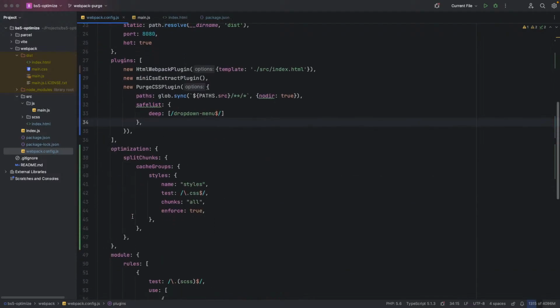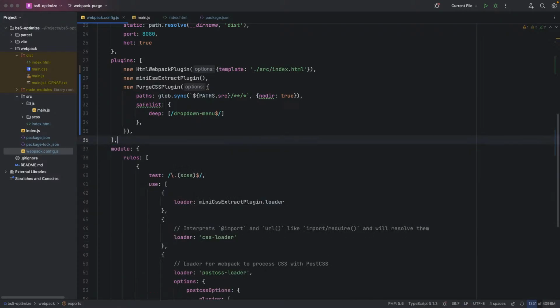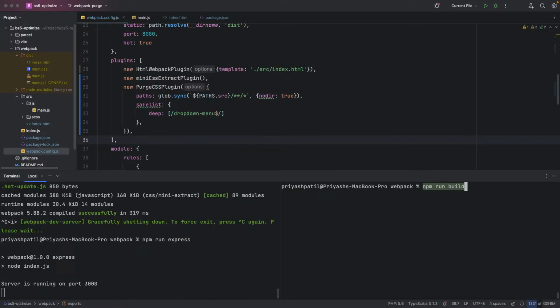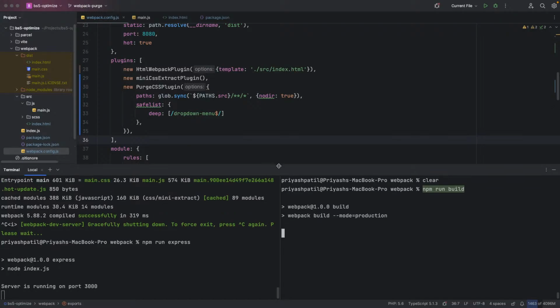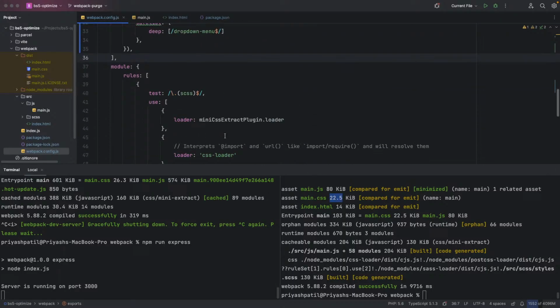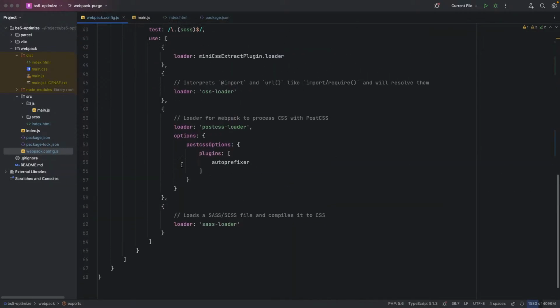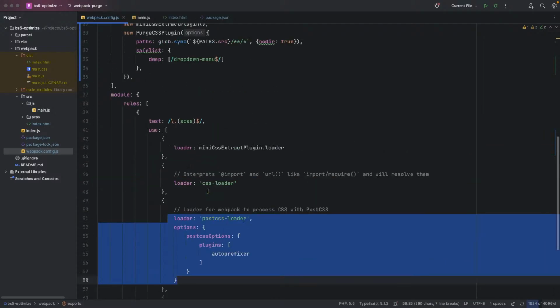I'm not sure what this optimization going on is. So if I remove that and just come back and do the build again. So we're getting the same CSS, like main.css, and can we do quick optimizations? I guess